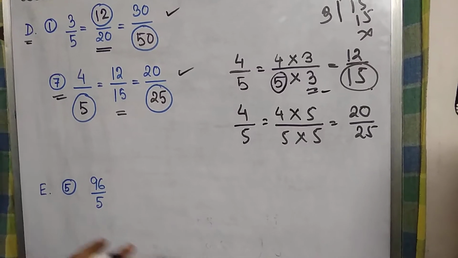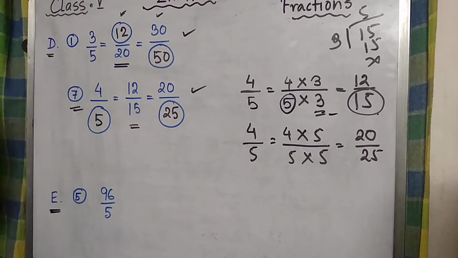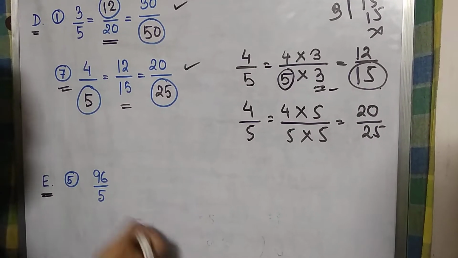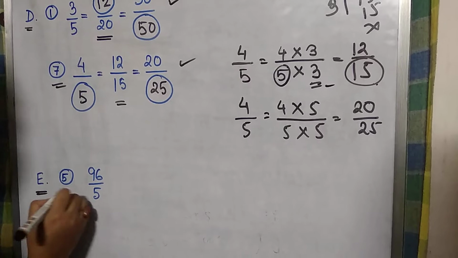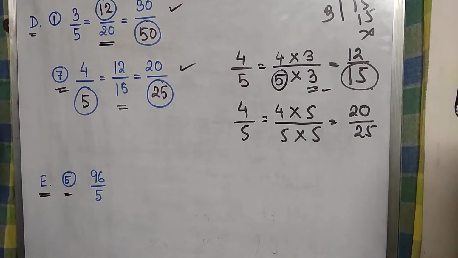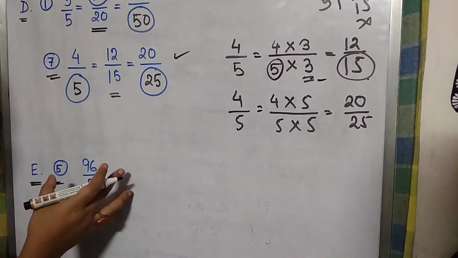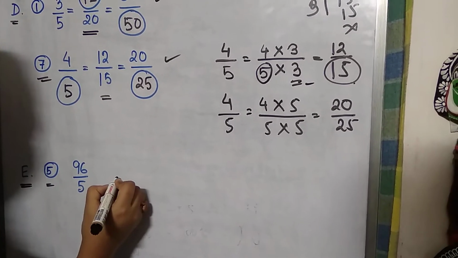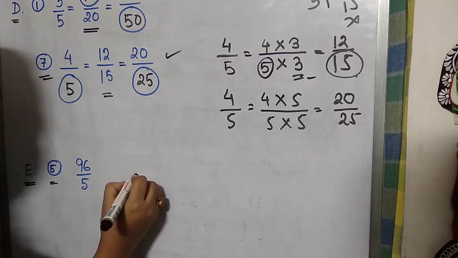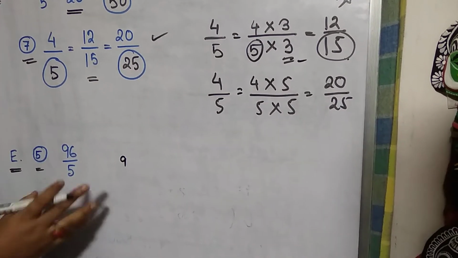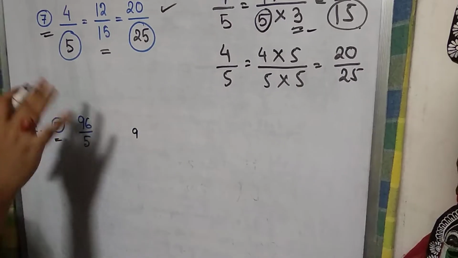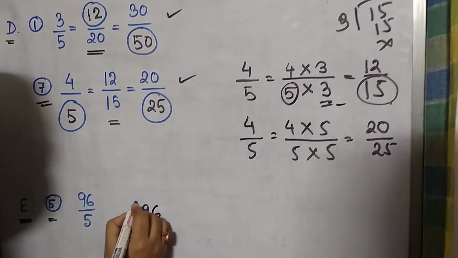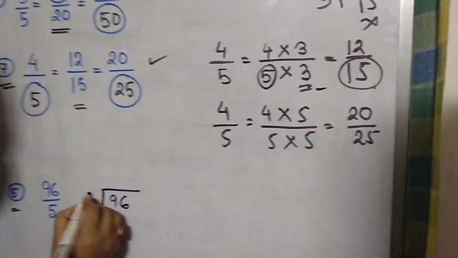Alright. Now coming back to the number E, what we have to do out here is convert this into the mixed fraction. I have taken the sum number 5. Now how are we going to convert this into the mixed fraction? On finding the mixed fraction, as you can see, this is an improper fraction given out here, and we cannot keep the improper fraction in its form. So we are going to divide this 96 by 5.